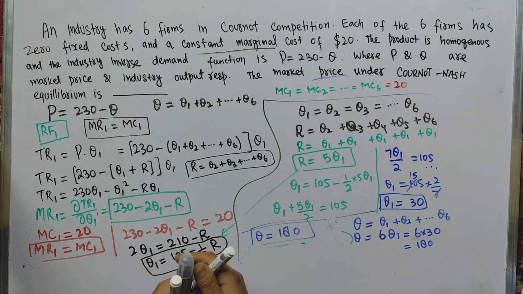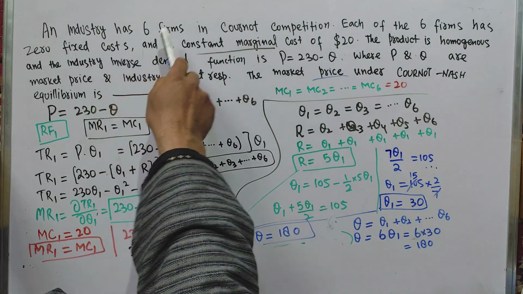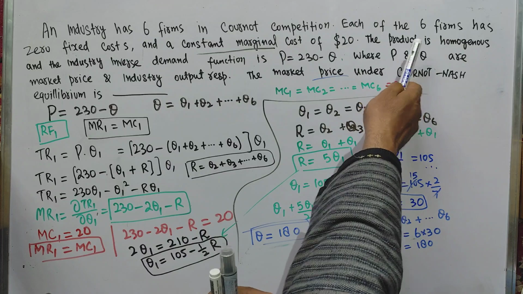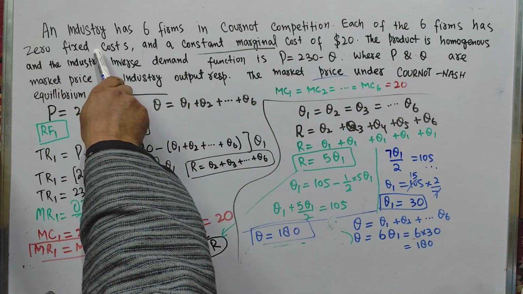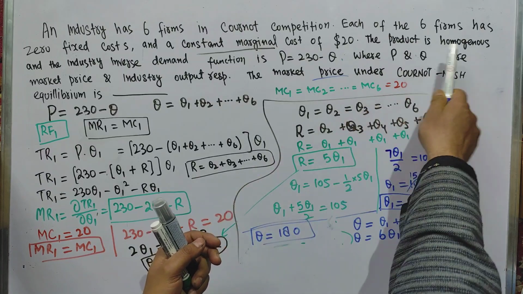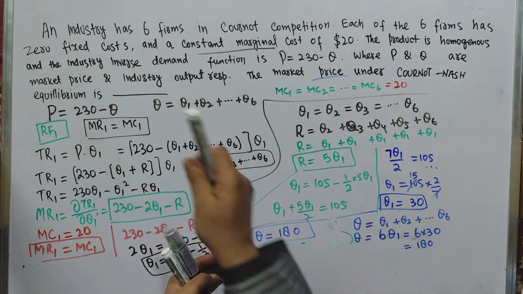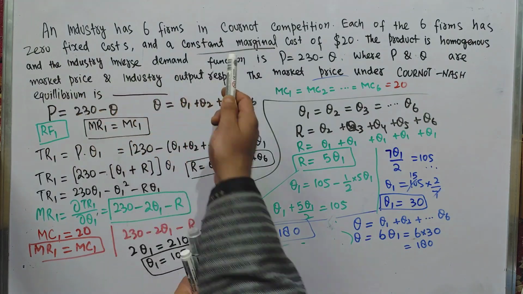In this video, we will learn how to solve a Cournot-Nash equilibrium when we have 6 firms. The question is, an industry has 6 firms in Cournot competition. Each of the 6 firms has 0 fixed costs and a constant marginal cost of $20. The product is homogeneous, that means they produce the same product, and the industry inverse demand function is given